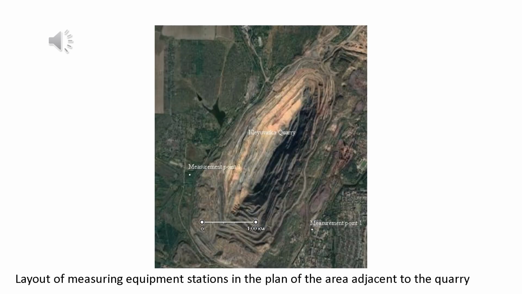The Velika Glyuvatka deposit was chosen as the research object. The measurement points are located in the east and west of the Glyuvatsky quarry. The Velika Glyuvatka deposit is confined to the southern part of the Saksagan district and is located in its thrust part. A characteristic feature of the rocks of the Kryvyra series, which make up the deposit, is their steep monoclinal